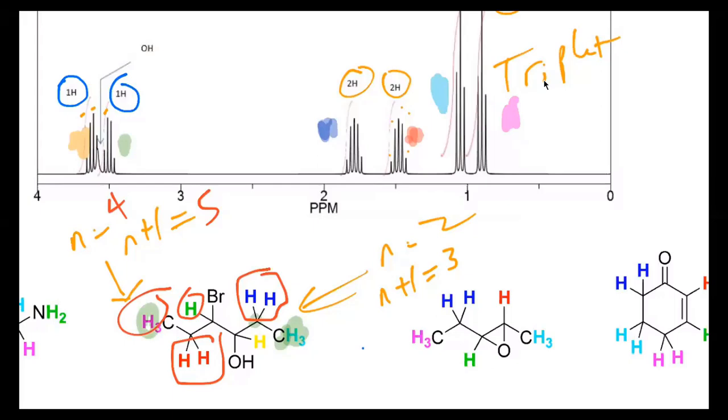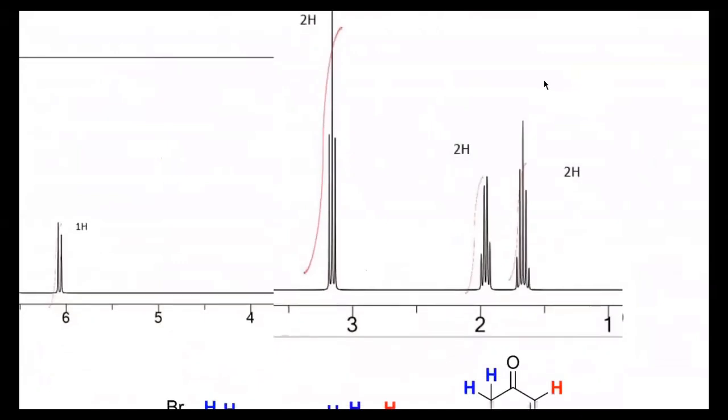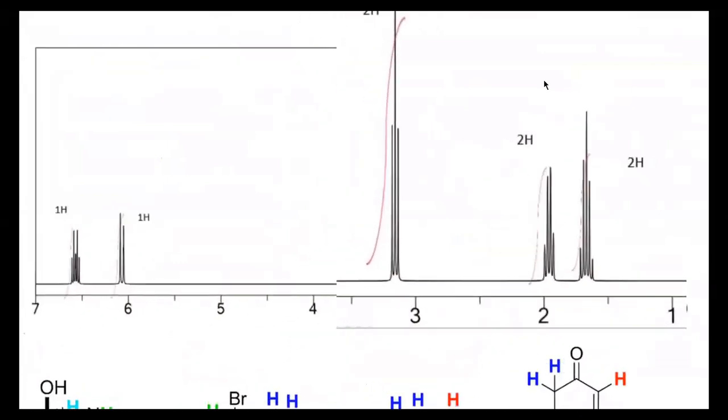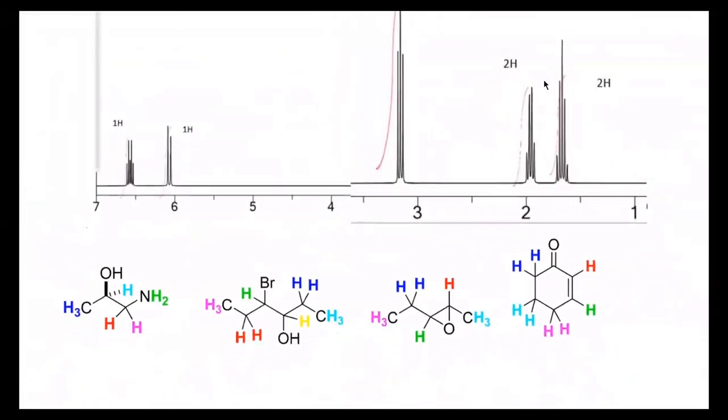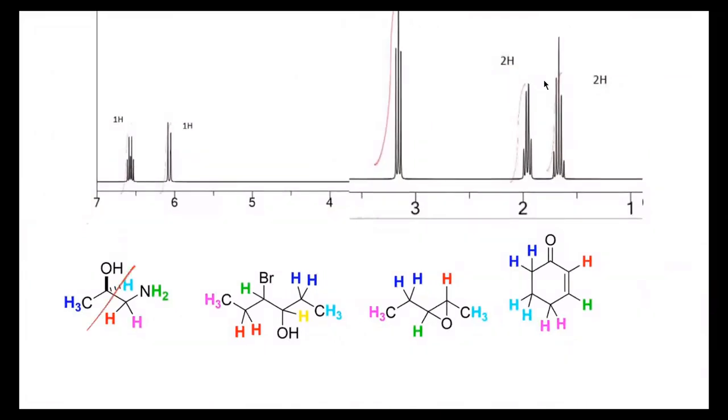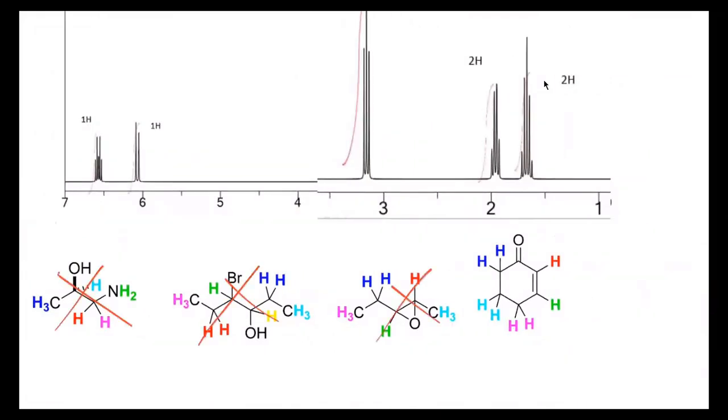All right, so now we know what this spectrum is for, don't we? We ruled out all the other ones. We know it's not this, it's not this, and it's not this, so it's got to be this one. So now we need to assign these signals. All right, let's start upfield this time. So you see the upfield shift at about